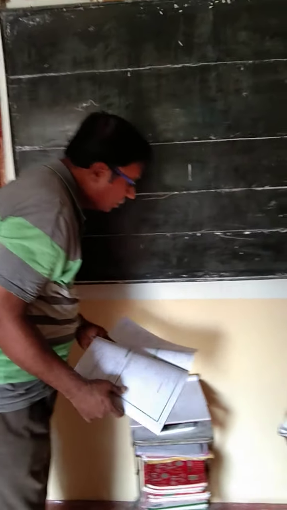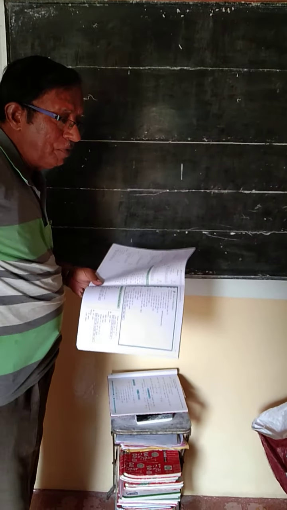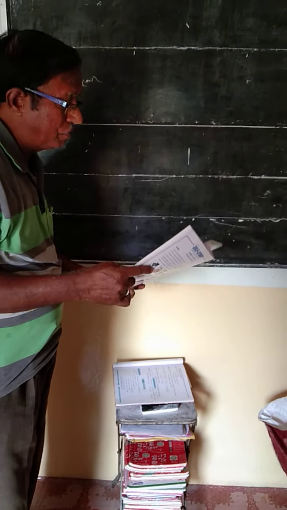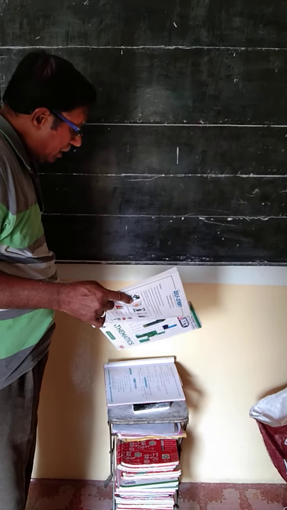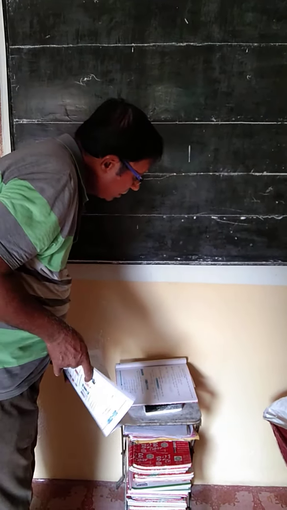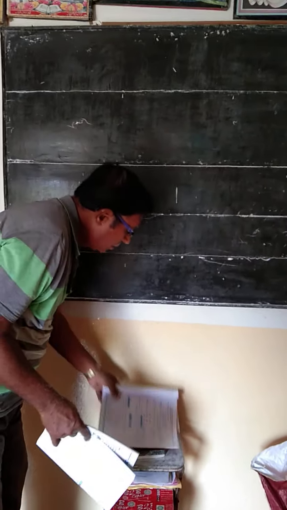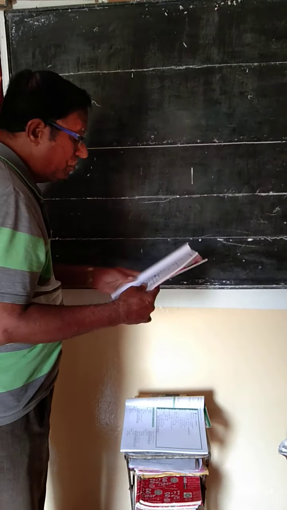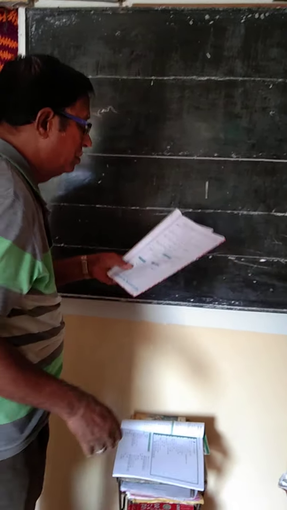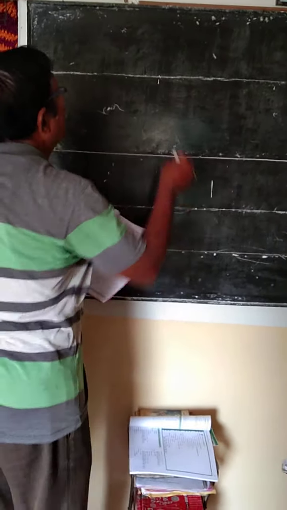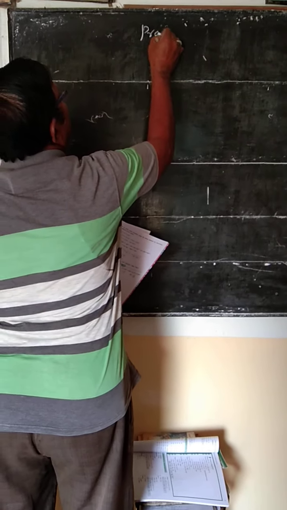The factors of a cube plus b cube are equal to (a plus b) in the first bracket, and (a square minus ab plus b square) in the second bracket. I told you to solve practice set 6.2, but a number of students made mistakes in how to solve factorization. I am giving you the solution of all examples. See practice set 6.2.